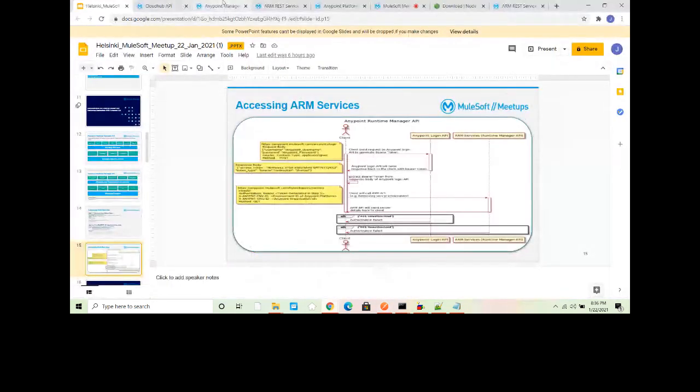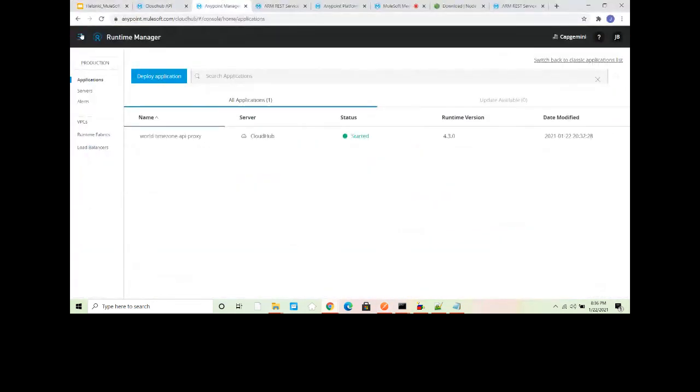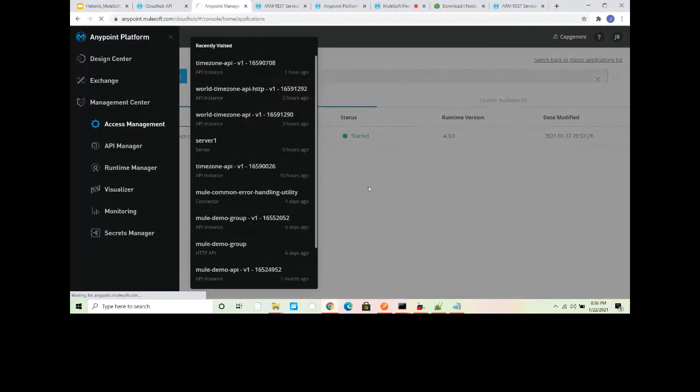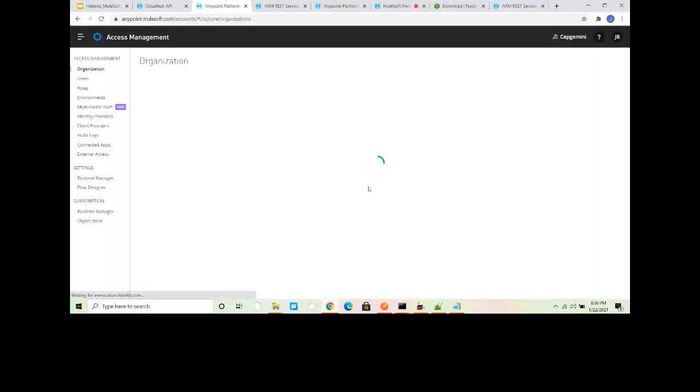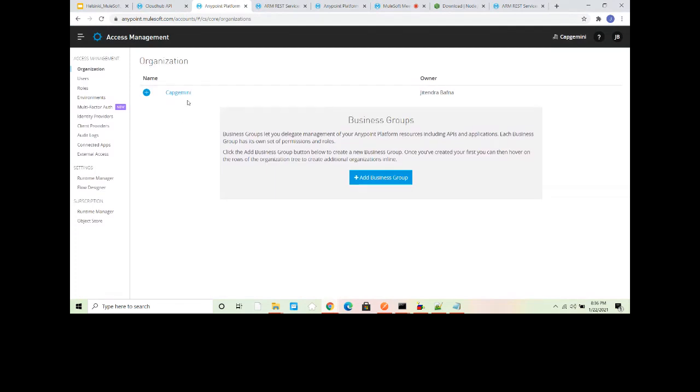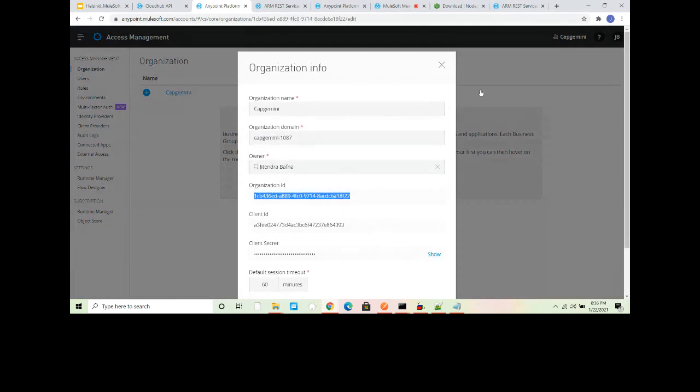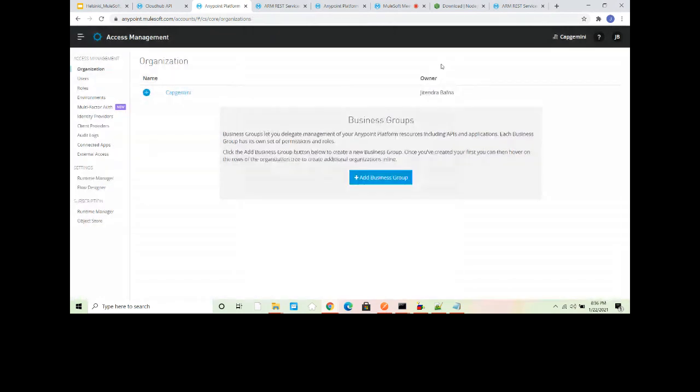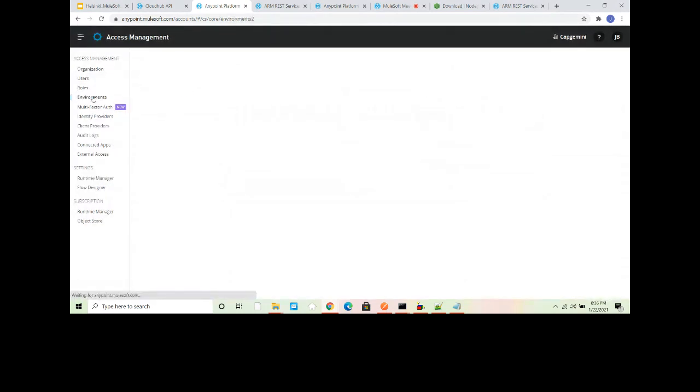You go to Anypoint Platform, then to access management. Under access management, this is my organization and this is my organization ID. Finding the environment ID is a bit tricky. I think most people will not be able to do that, but I will tell you how.